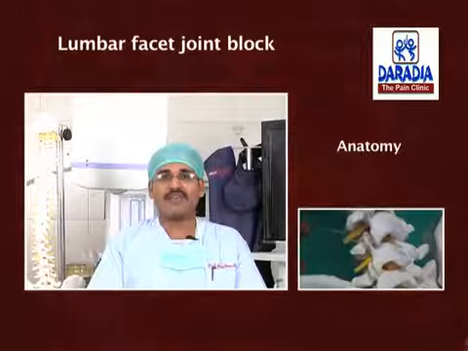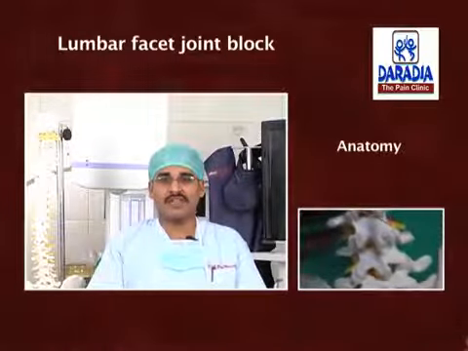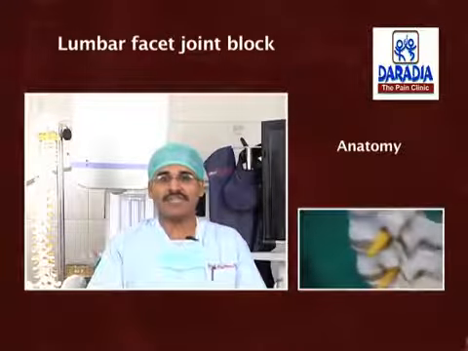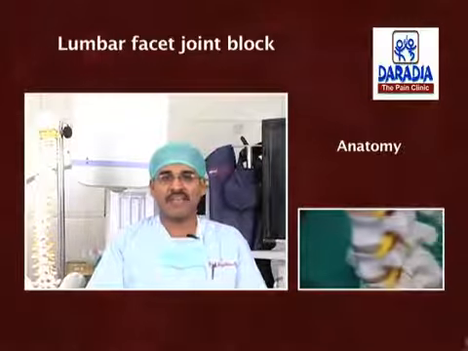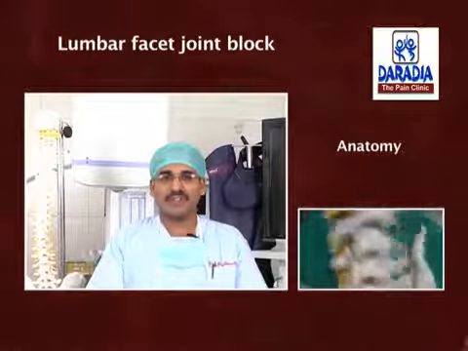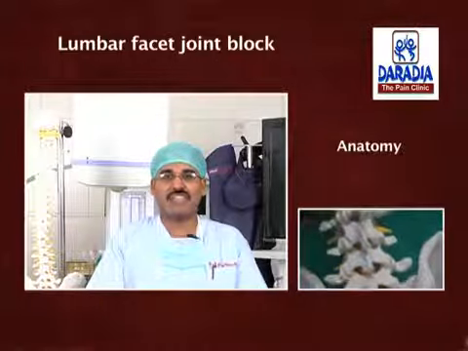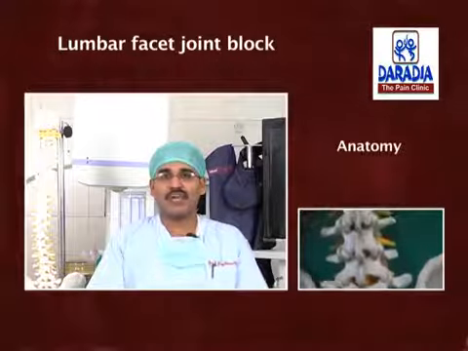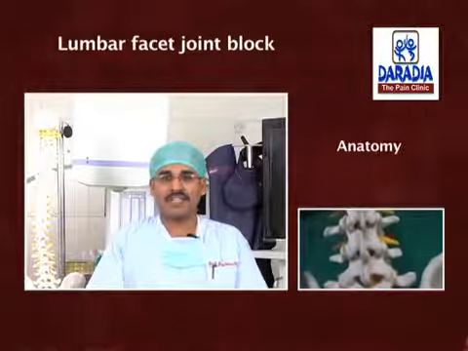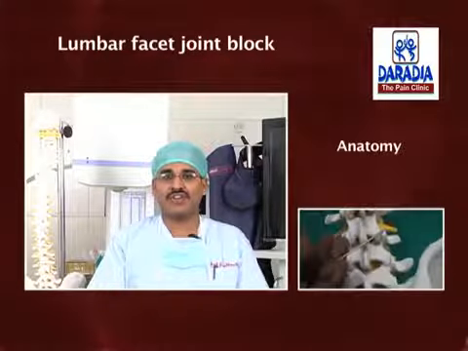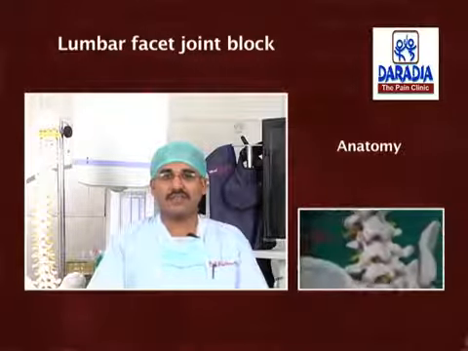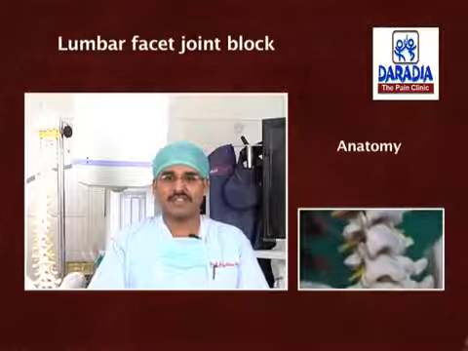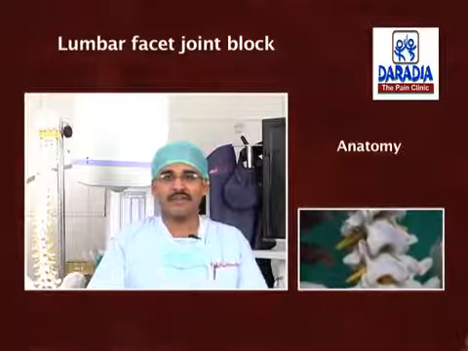It forms part of the triple joint in the vertebral complex, which includes the intervertebral body with disc as the first joint, which lies anterior, and two facet joints on both sides as second and third, which lie posterior. They are 2 in number at each level, one on each side. Thus, a total of 10 facet joints are there in the lumbar region. The superior articular process is concave, which accommodates the convexity of the inferior articular process.